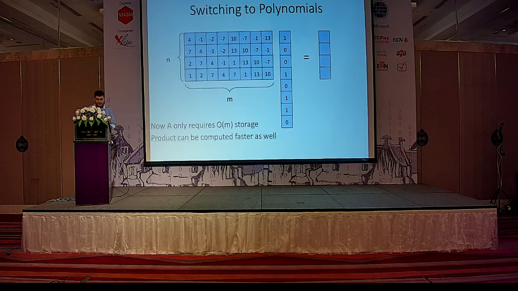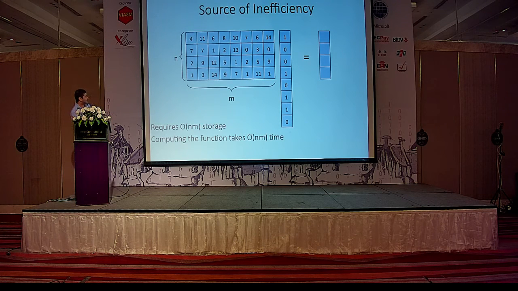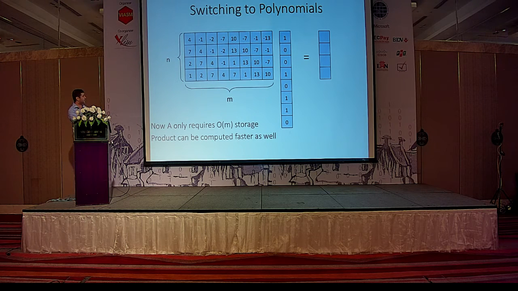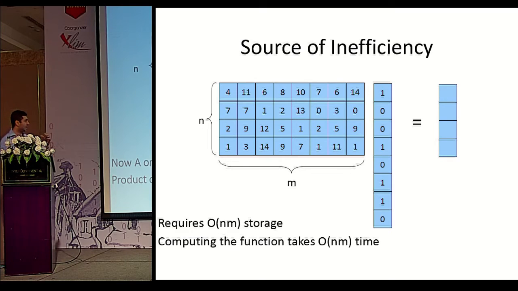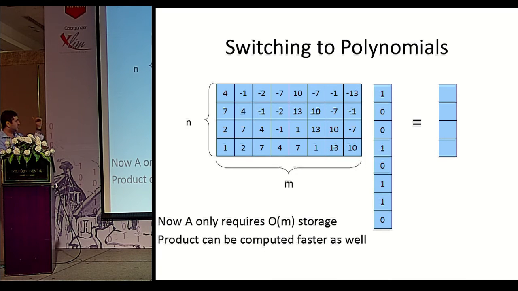Okay, so what people said is, let's switch to polynomials. Switching to polynomials, and I'll explain this on the next slide if you haven't seen it before, is actually making this matrix not completely random, but structured. So for example, I make this first column. The next column is going to be a rotation, some sort of function of this column. So in this case, it's a rotation with a negation on top. This is actually multiplication modulo some ring, but we'll talk about that later.